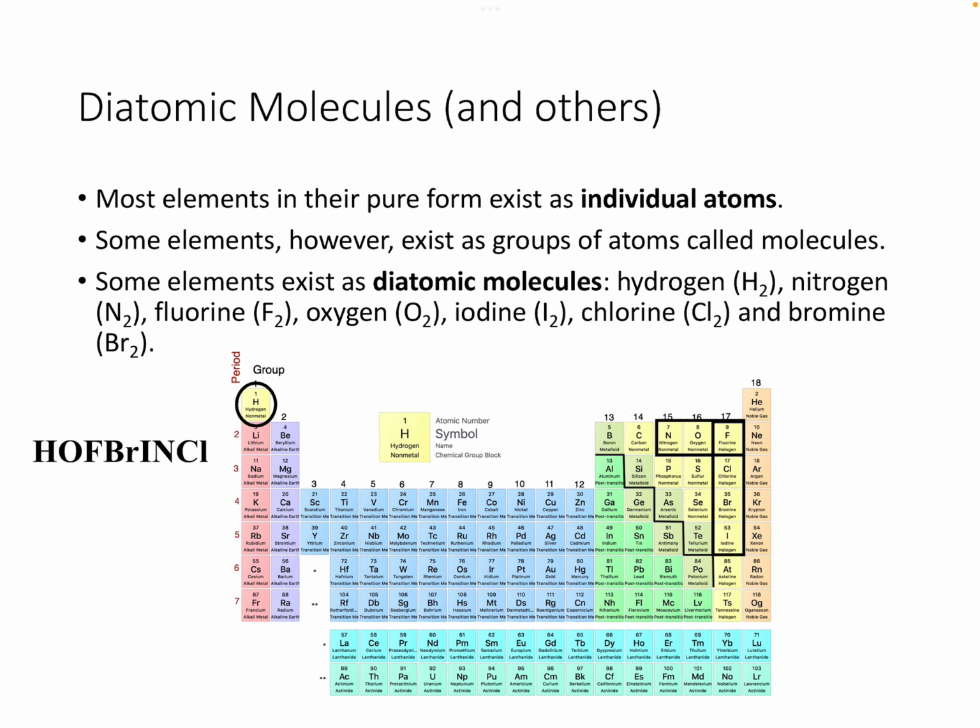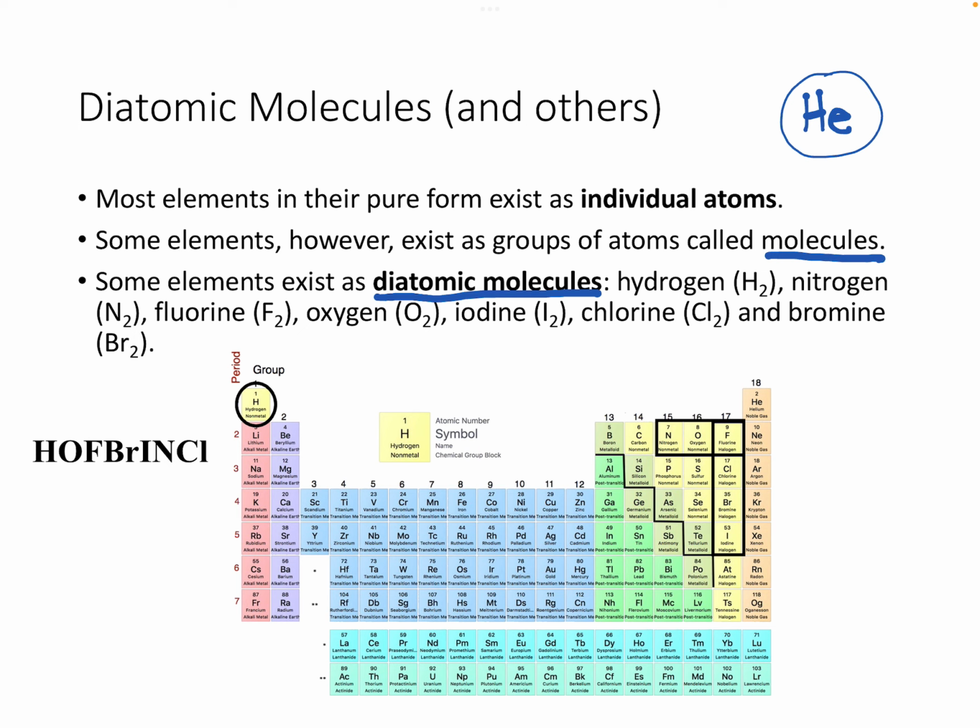Now, most elements in their pure form exist as individual atoms. So, for example, helium, which has the symbol He, just exists on its own as one individual atom. But some elements are not stable as individual atoms, so they typically pair up with another copy of themselves. So they exist as molecules, and in particular we would call them diatomic molecules, since there's only 2 of them